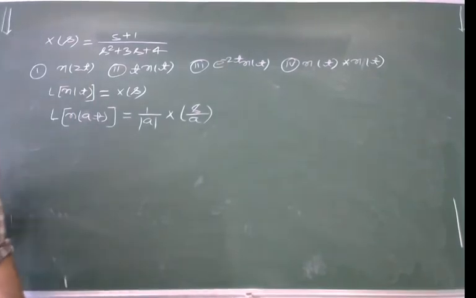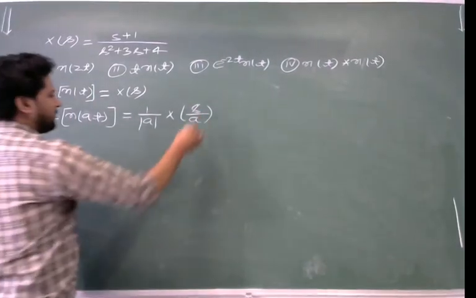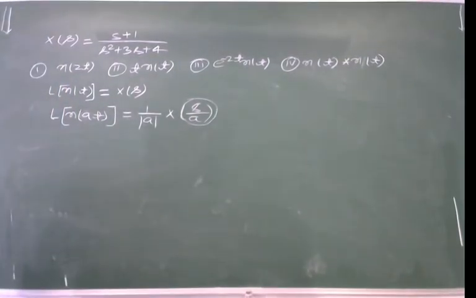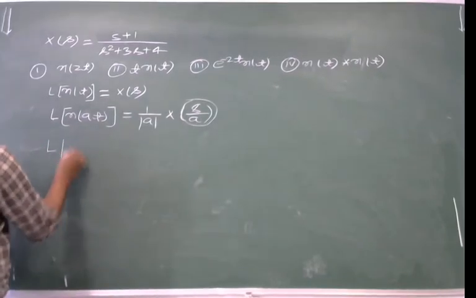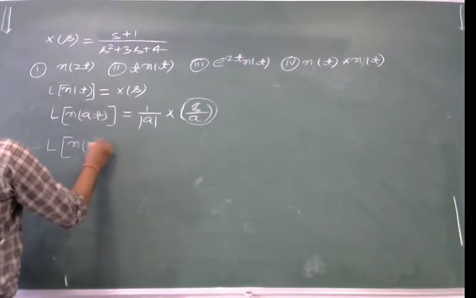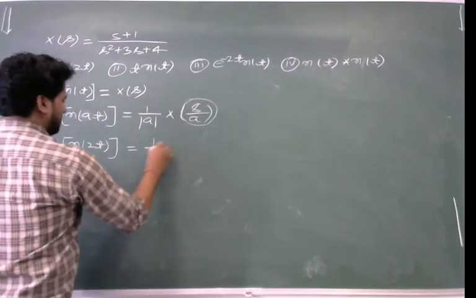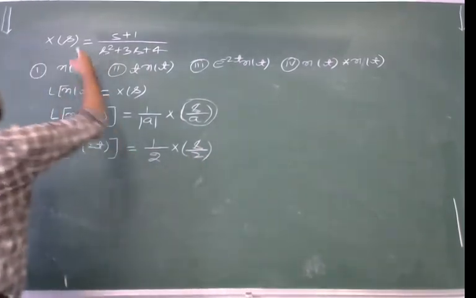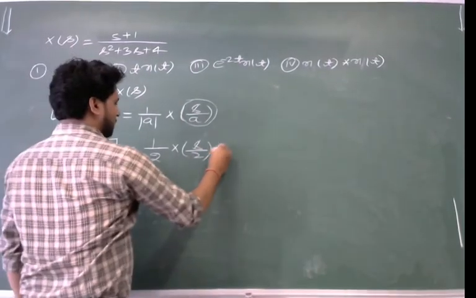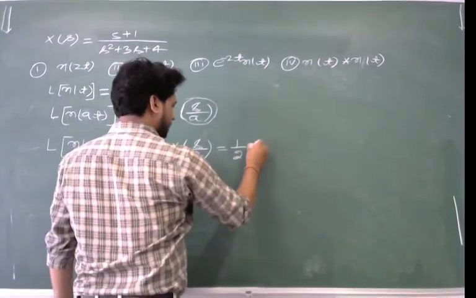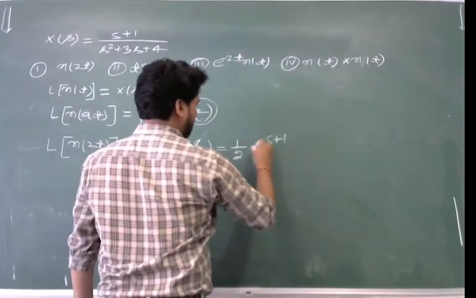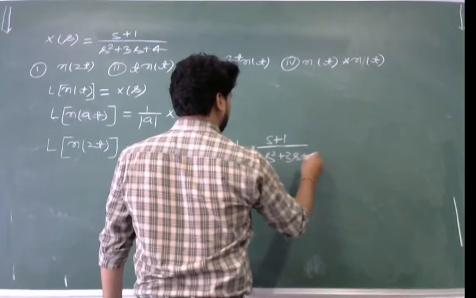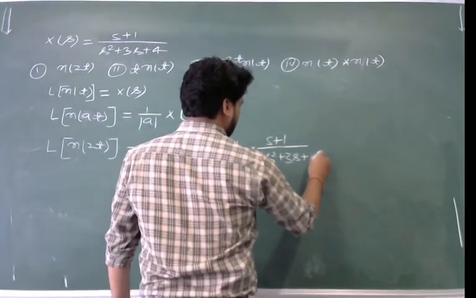It means that we have to put s by a in place of s in the expression of X(s). So the Laplace transform of x(2t) will be equal to 1/2 X(s/2). And we know that X(s) is given as (s + 1)/(s² + 3s + 4)